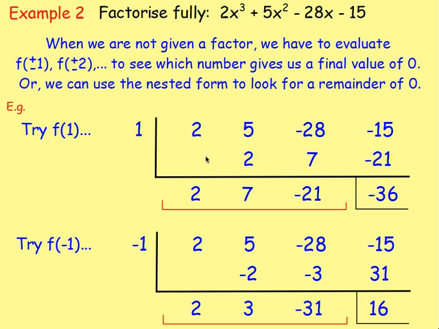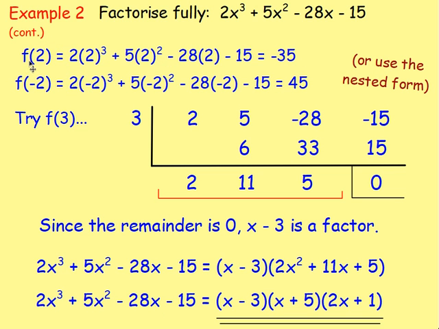Here, if you try 1, if you work your way along, you get negative 36. It doesn't work. You need 0 in order to get a factor. If you sub in negative 1, you get 16. Still doesn't work. If you sub in 2, remember there's 2 ways to do it. You can either use your synthetic division, setting it out like this, or you could just sub it in. If we sub in 2, we get negative 35. Negative 2 gives us 45. However, if you sub in 3,